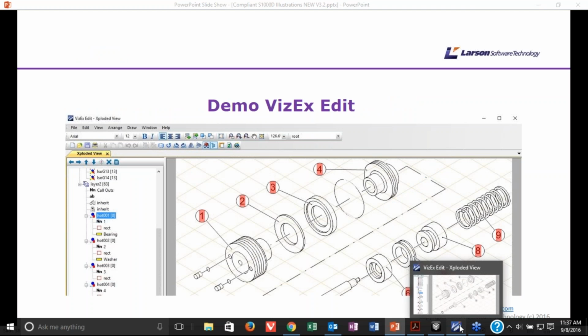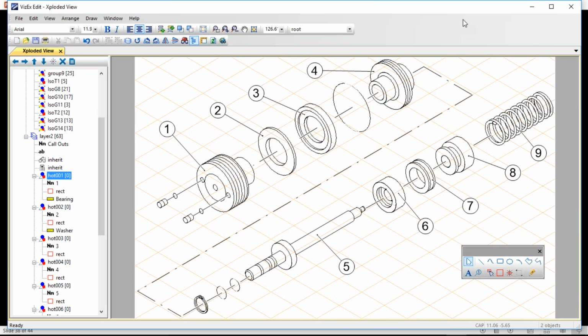So I have another short demo here. To actually create hotspots on an illustration, you need some software capable of doing that. This particular illustration is just a simple spare parts illustration. On the right, we've got a tree with the hotspot information in it. If I click on the tree here, we highlight it on this side. I want to see all the hotspots on this illustration.